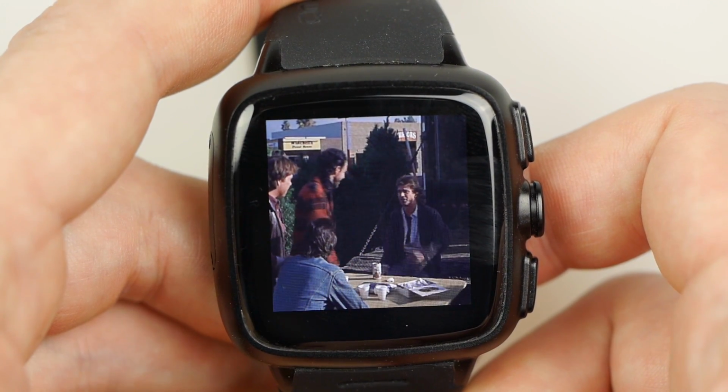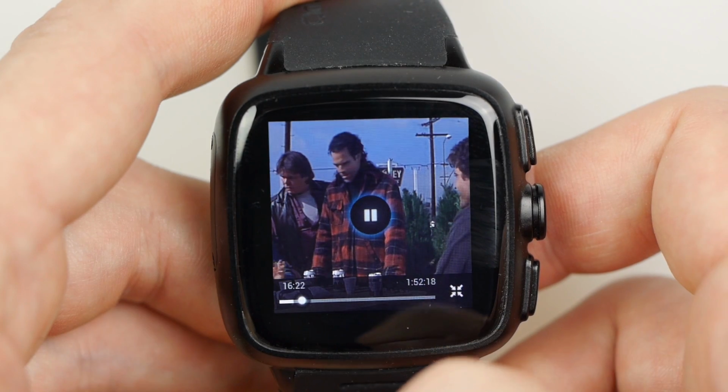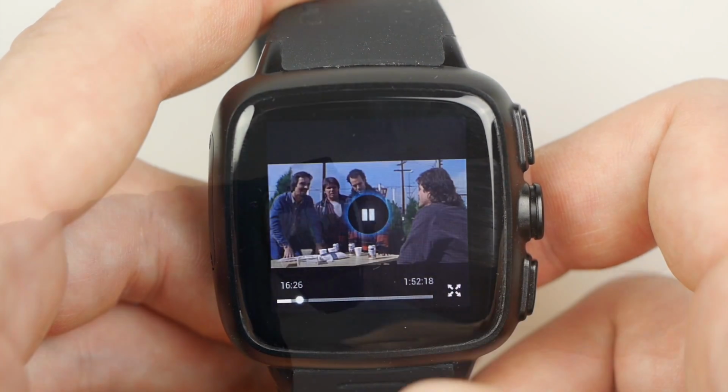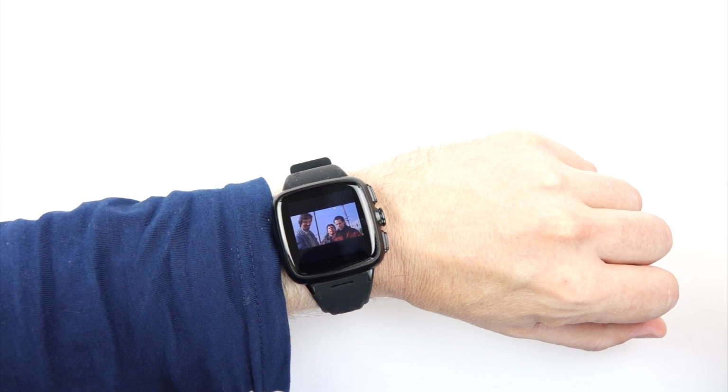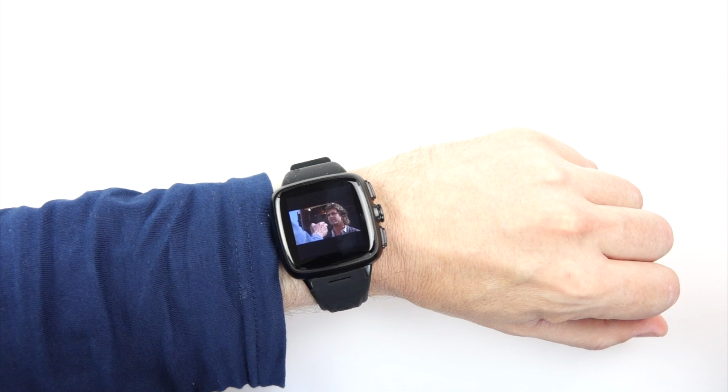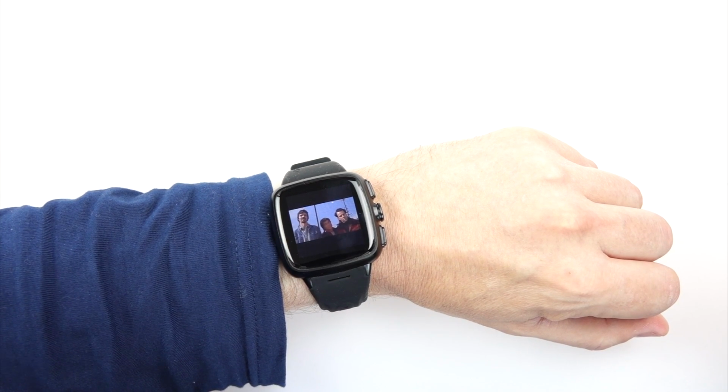The only problem is, of course, the screen's just much too small, and on top of that, it's square, so most things you watch are going to be letterboxed, and if you look at them at arm's length on a screen this size, it basically just looks like a moving postage stamp. I mean, it's a fun thing to show your friends, but it's not something that you really want to do